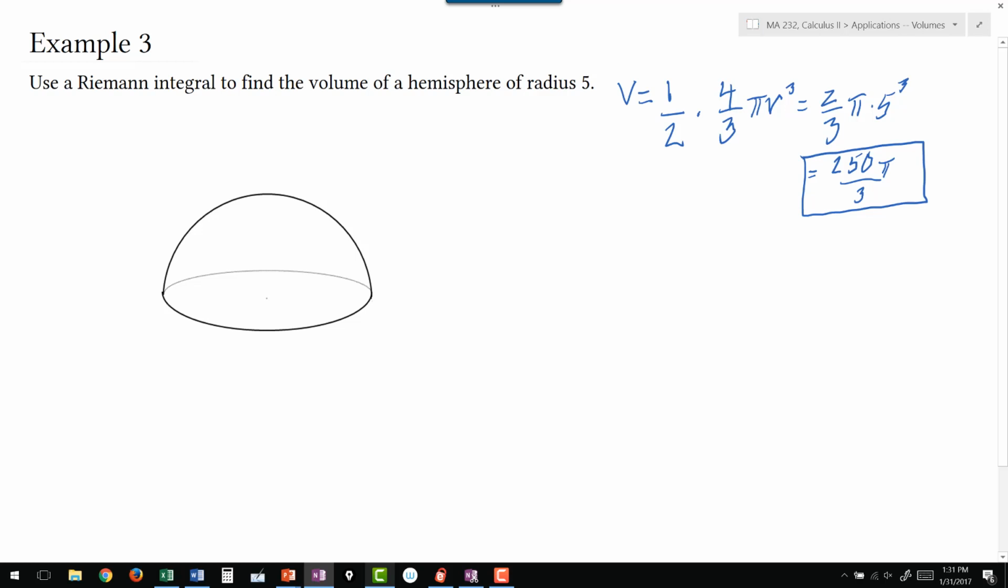of the hemisphere. I'll start by labeling the dimensions of the hemisphere. There's only one to label, that's the radius, here given as 5. Now following our method, we need to slice the figure into pieces we know. And in this case, slices parallel